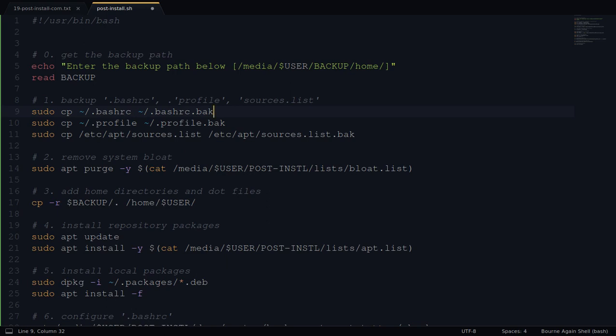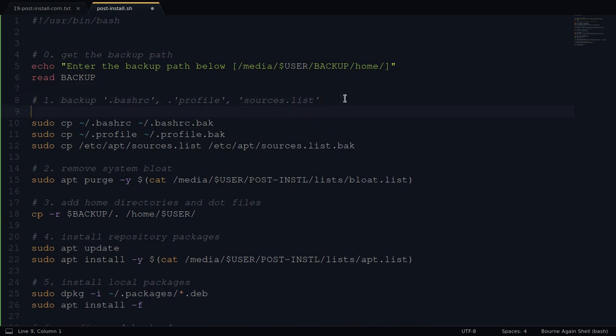Yeah, so I think what I'll do now maybe is just add a bit of output for the user as to what each thing is, or what each task is doing. For example, right up here at the top, we don't really need one because we already have an echo here explaining to provide a path. But right here, when we go to back up the configuration files, the system is just going to go ahead and do it all and not really tell us what it's doing. So I think what I'll do is I'll just throw an echo command in here, and I'll just say backing up system configuration files,